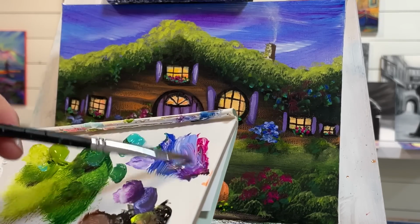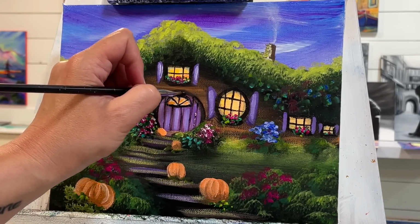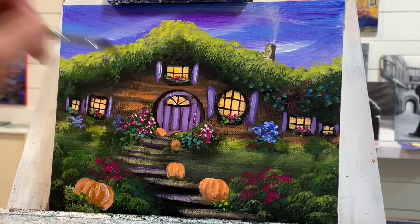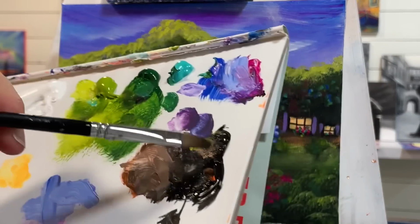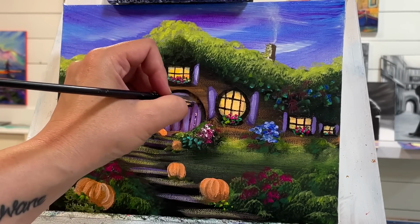One thing that's kind of catching my attention right here, and it's kind of bugging me, is just right above the door, in between the window and the door. I'm missing a little bit of space right there. So I just took my purple again, now with a little bit of black, I'll go up higher